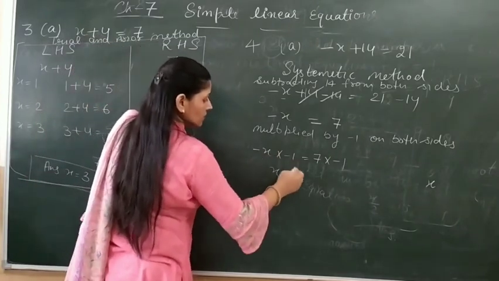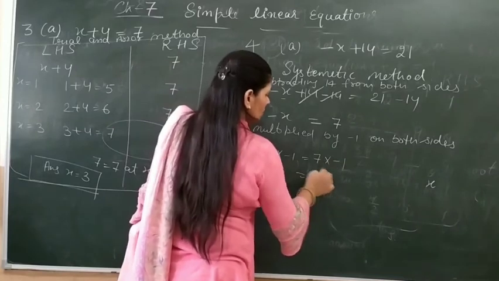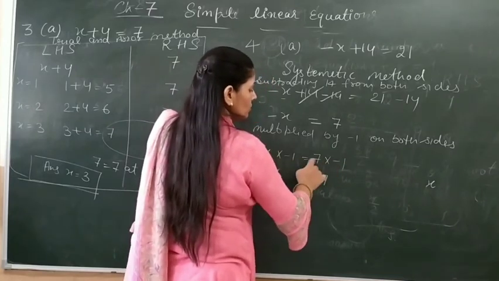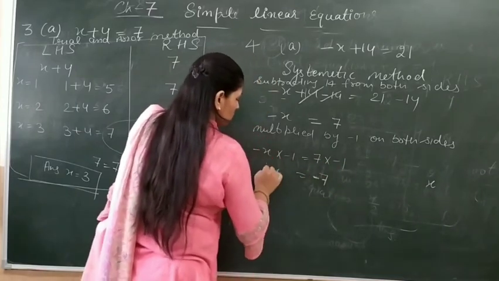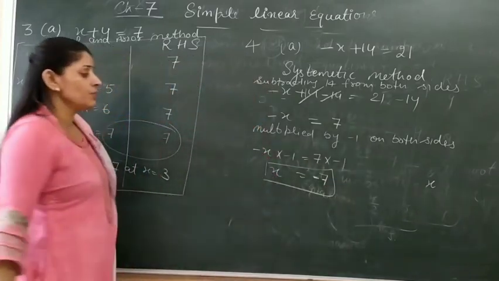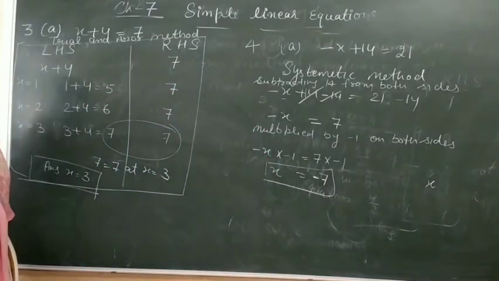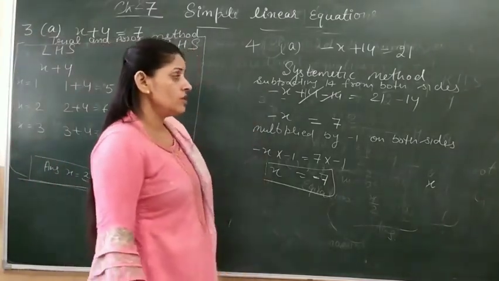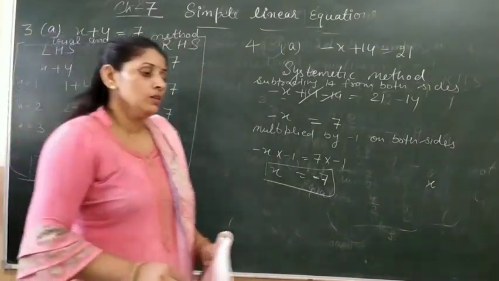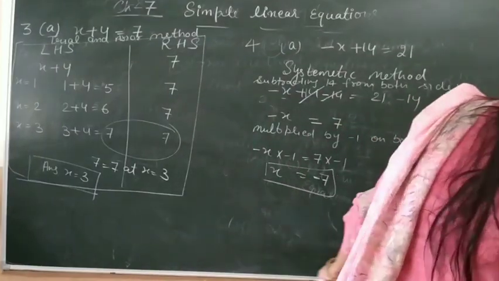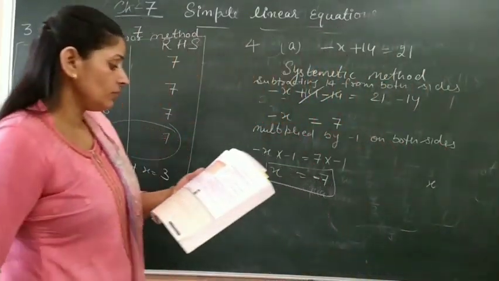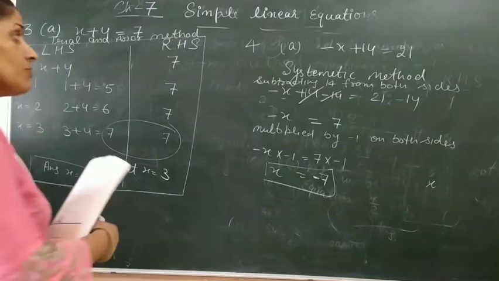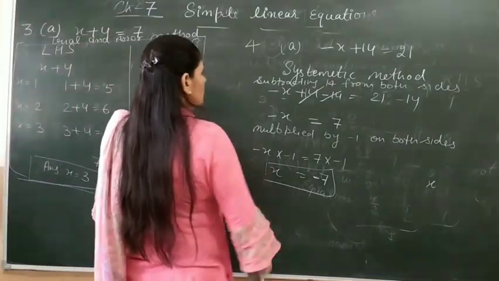X becomes x, 7 becomes 7, and this is positive and this is negative. Plus minus minus. So the value of x is minus 7. This is the value of x and root of the given linear equation using the systematic method. You can use one more method